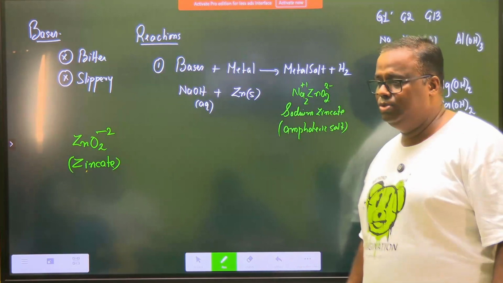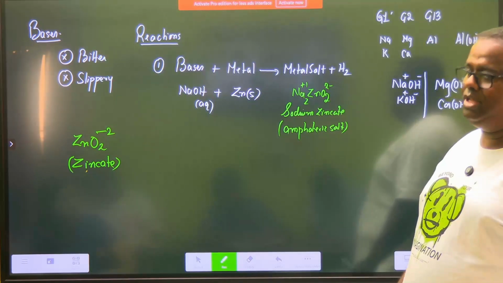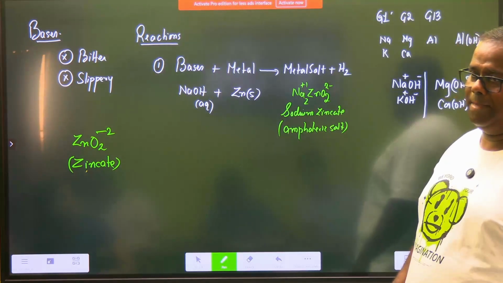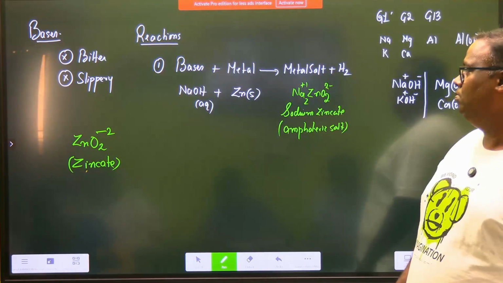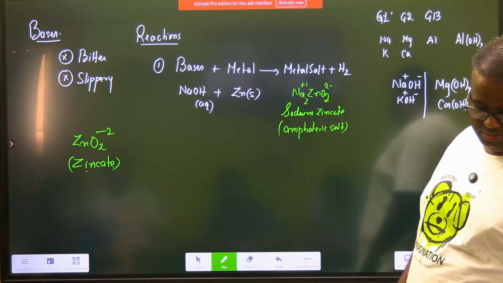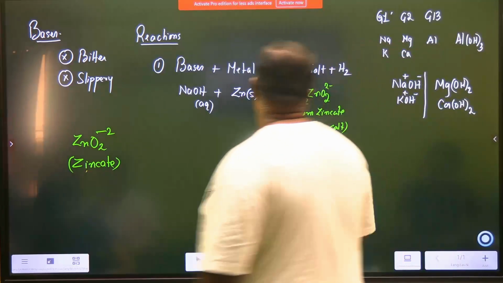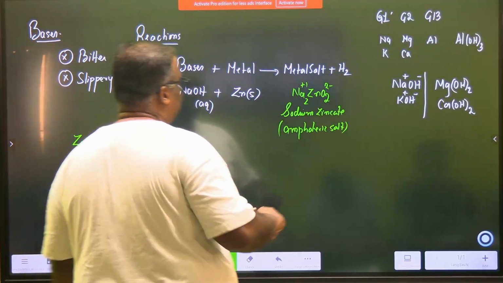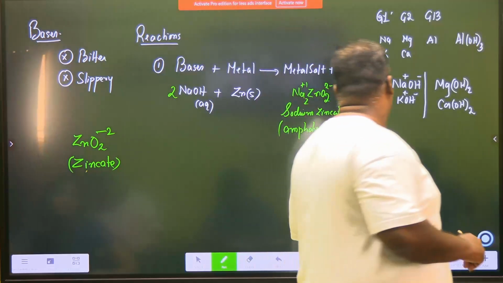So one amphoteric family is the zincate family. One amphoteric family is the aluminate family. We will read the aluminate when it comes. Now don't break your head. So balance this. So we will have 2 of NaOH. I think this is balanced now. Yes. And you get